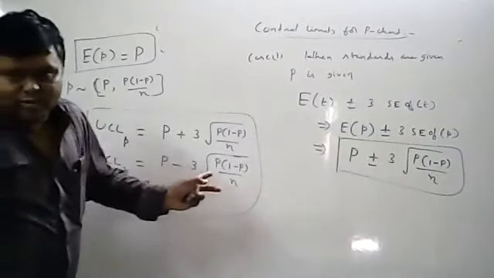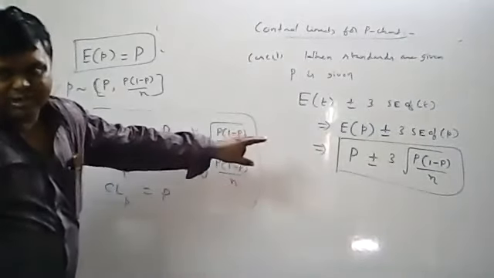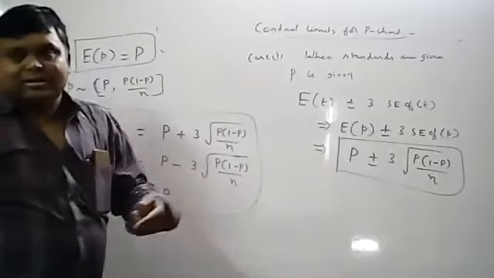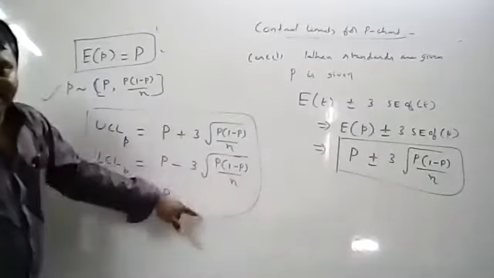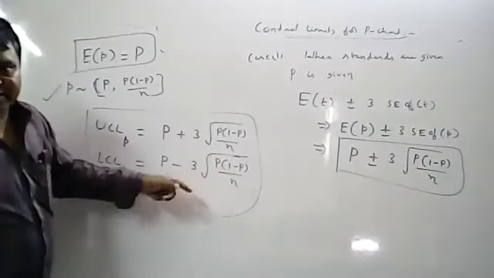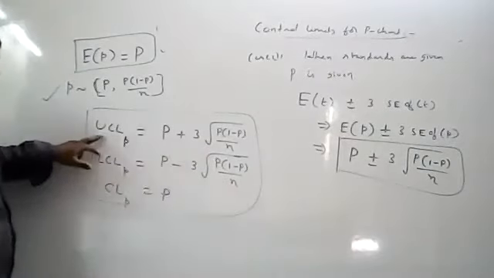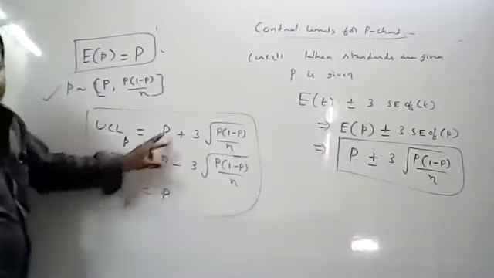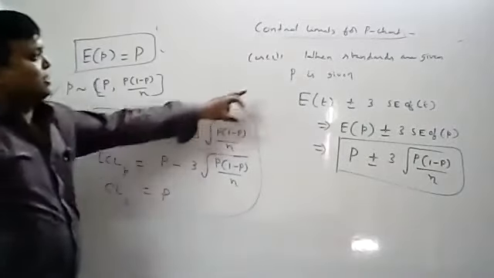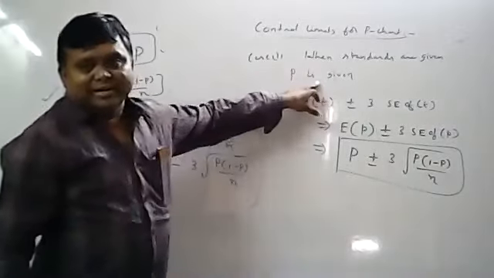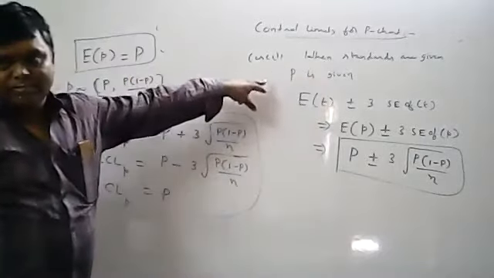So these formulas are used when standards are given. A is not required, don't assume A, you can leave it out, because when we discuss the next chart, varying N, it is required. Varying N, it is required. That's why I denoted it like this. A is not required. Just modify that in the document. Okay, so UCL P, LCL P, CL P. These formulas are used when standards are given.